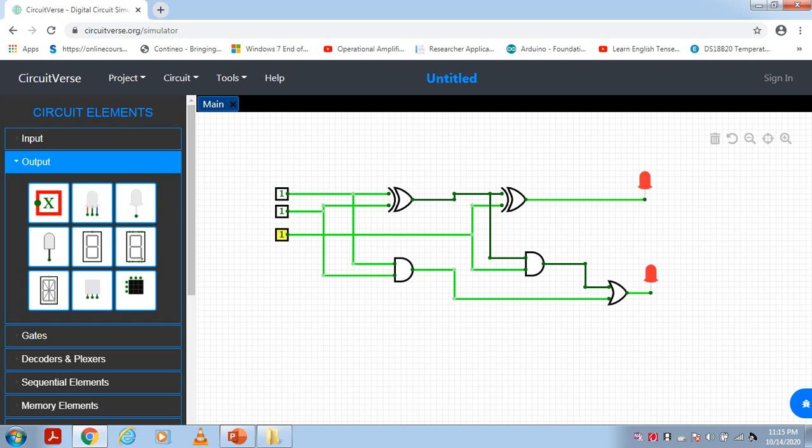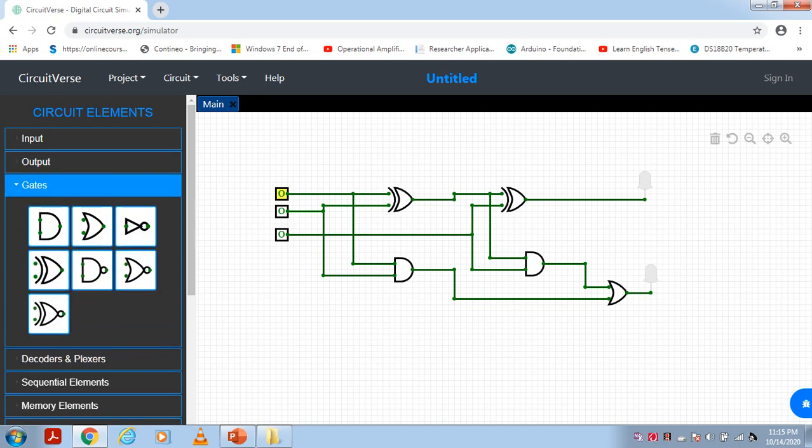The next one, full subtractor. The same circuit, only a small change we have to make. What is the small change we have to make? The small change is here. We need to connect a NOT gate here. So here one NOT gate we have to connect.